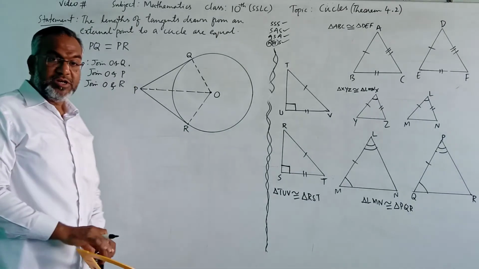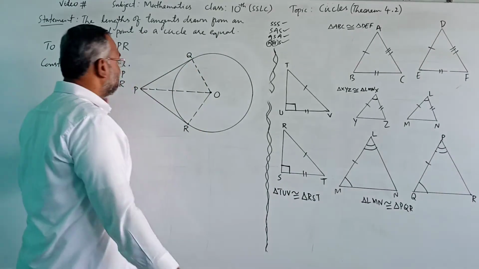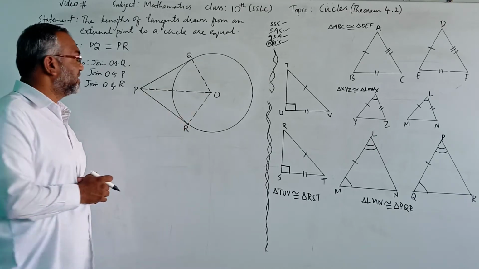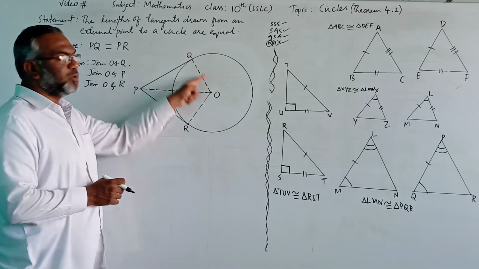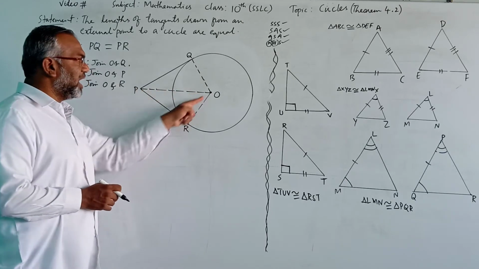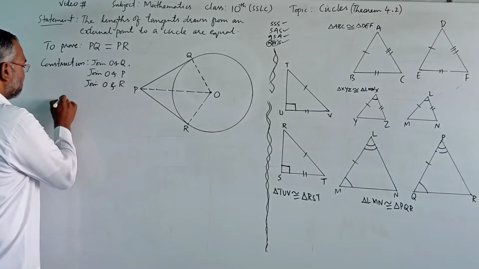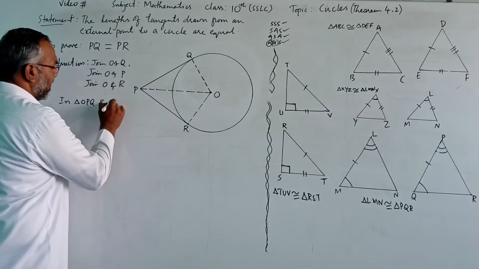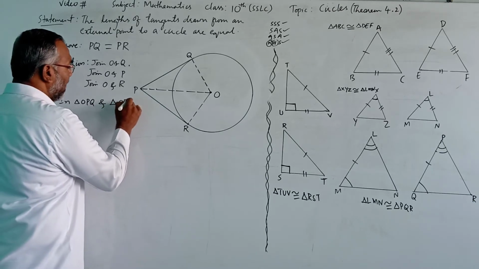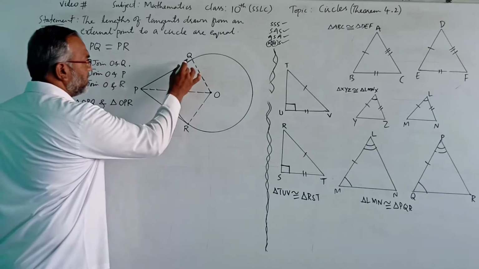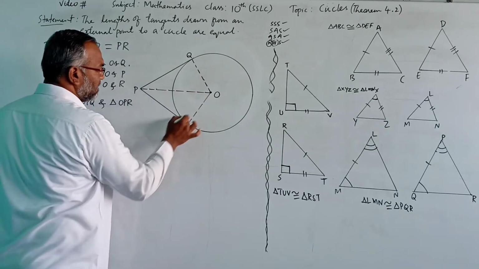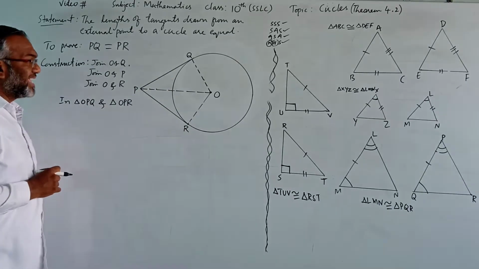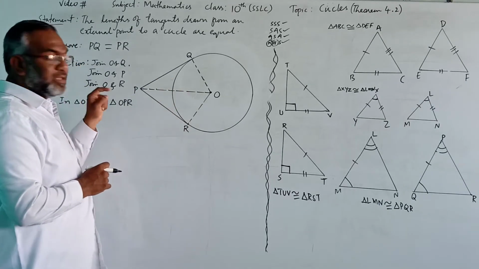Right? Now, after the construction, we see two triangles here: triangle OPQ and triangle OPR. Two triangles are formed. This is one triangle and this is another triangle. Now, in these two triangles, clearly,